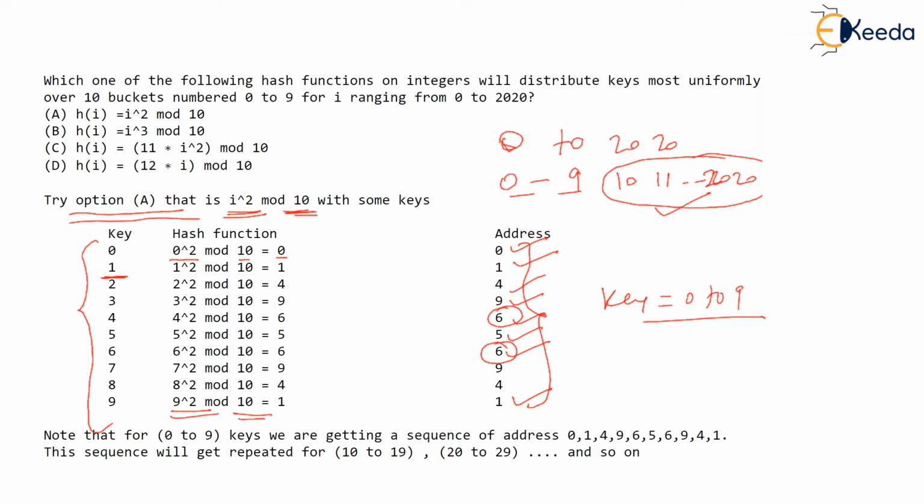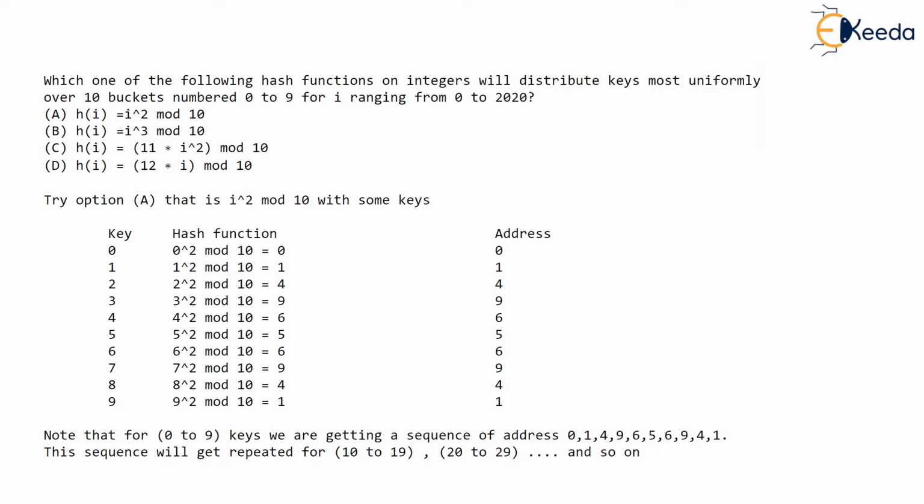There is no issue of repetition of the address, but you observe that in this set of addresses, some positions are not at all used. Address 0 is used, 1 is used, but 2 is never used. You can see in this list of addresses, address 2 is never used. And I think address 3 is also not used. You can find out the rest of the addresses which are not used. And can you believe it? This sequence is going to get repeated.